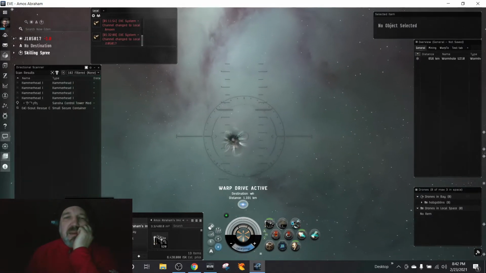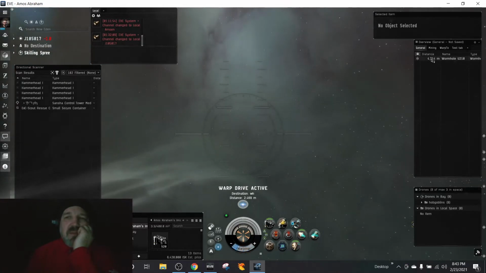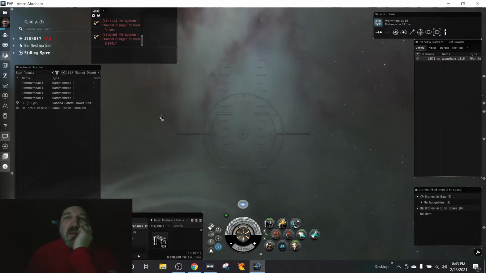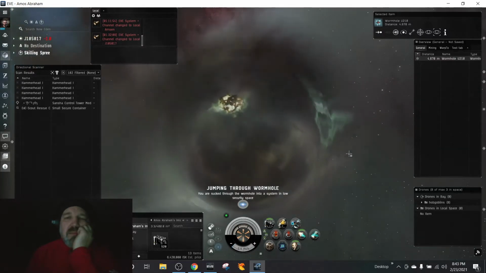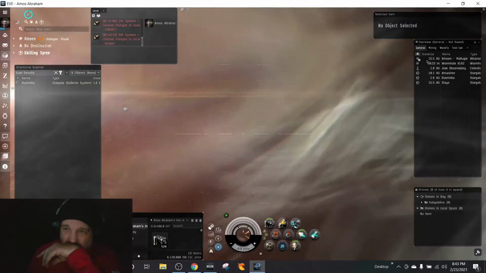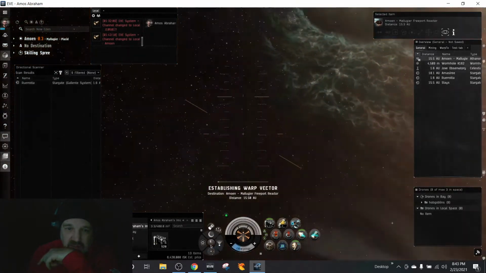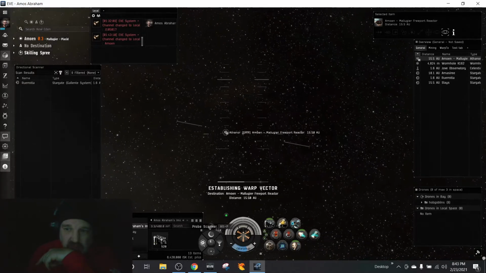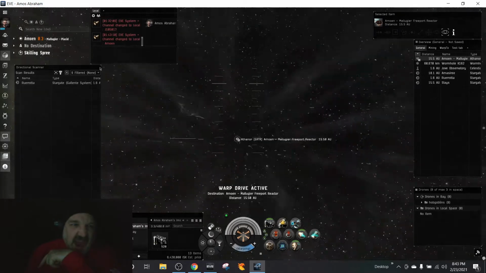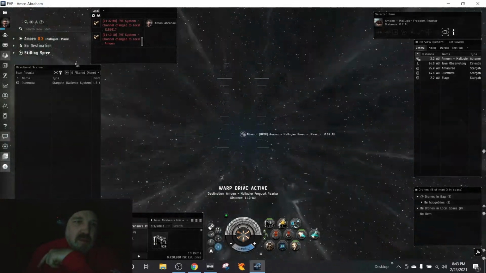I'm scanning as I'm coming in just to make sure. It could be safer doing that, but I'm not going to worry too much about it in a ship that's worth 1 million ISK. Enter that wormhole there. And let's go back to our tether spot. I'm not going to go into any more wormholes, but